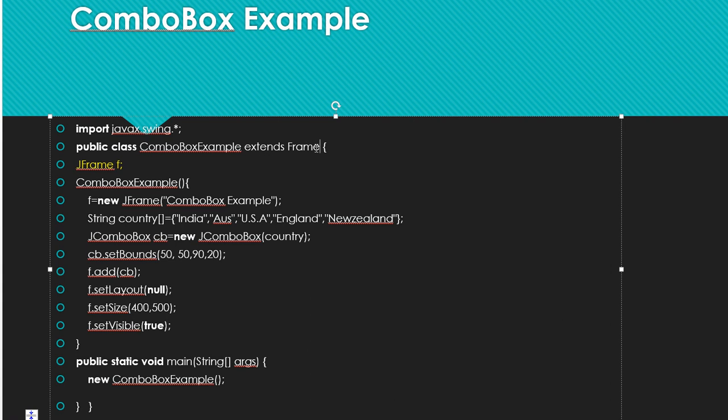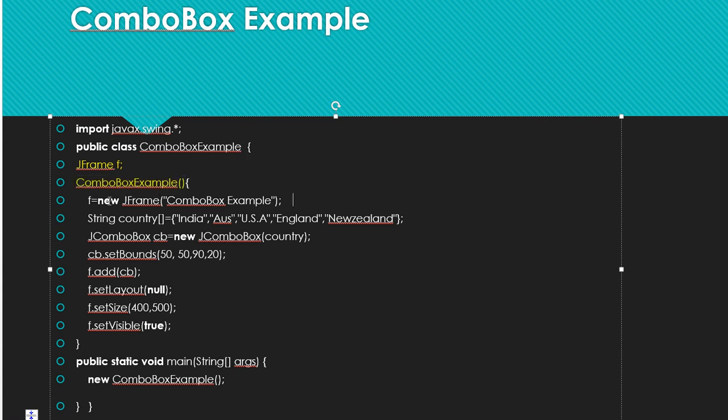To the frame you can add the JComboBox. Extending the frame is also one of the good ways to write the code. If you don't want to inherit, you can directly create the instance like this. That is association. Next, ComboBoxExample is nothing but a default constructor.